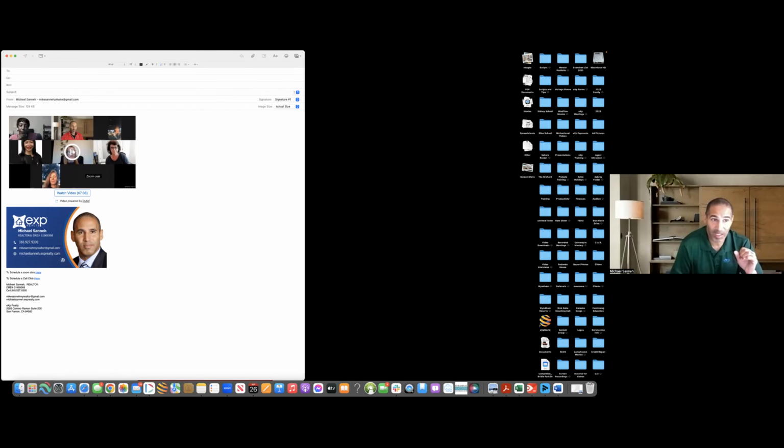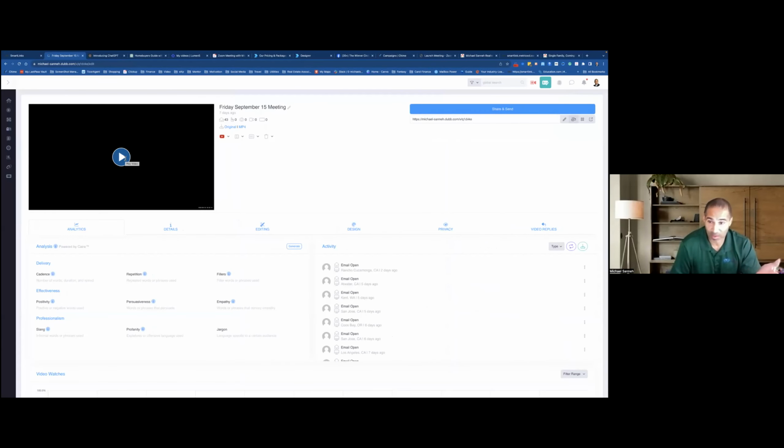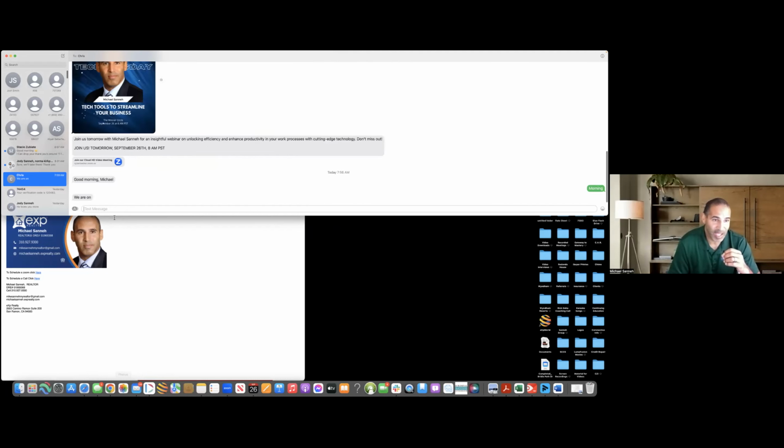If somebody clicks on the video recording, it will pull them to the site where they'll be able to watch the video live. So it just brings the link. It makes it very easy to send as a link, but it gives them a thumbnail. So it's not just a click this link here. You can also send it as a text.